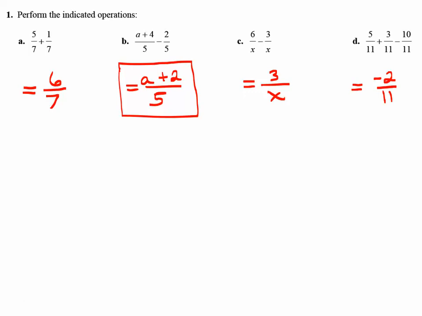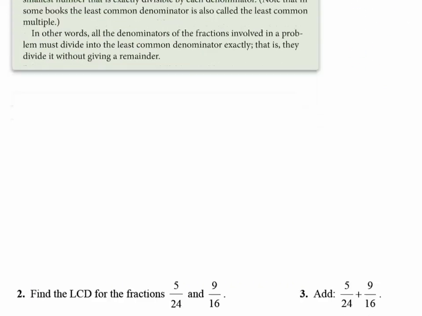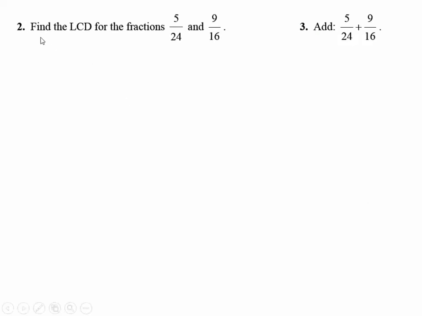Okay, so let's go with it here. Let's jump to this one right here. We call this the LCD, the least common denominator. That's what we want: the smallest denominator possible. So if I'm trying to find the common denominator of 5/24 and 9/16,